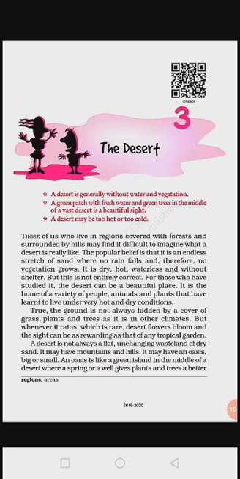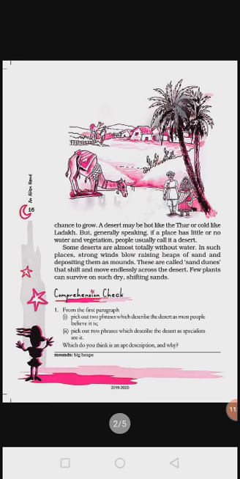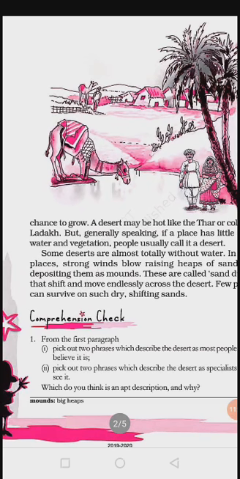So second, see, in the same paragraph there is the answer. It is a beautiful place. This is another fact about the desert. Some specialists think that it is a beautiful place. And the second fact is that it is the home of a variety of people, animals, and plants. These are the two different facts about the desert in the view of different people.